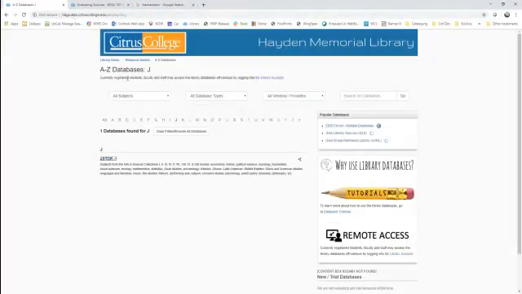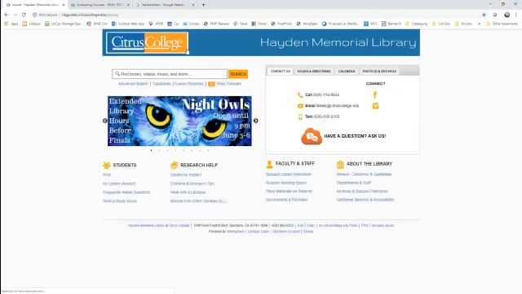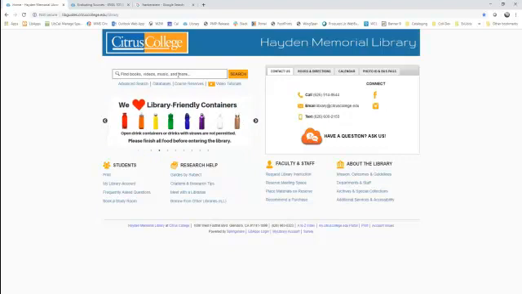So that is JSTOR, and those are the top 3 databases that I think are really going to help you with this paper. I want to show you one more resource. I'm going to go back here to the library homepage. The nice thing, of course, about watching a video is that you can rewind and go back and say, okay, how did we do this? But if you'd like a quick way to find all of the resources we talked about,